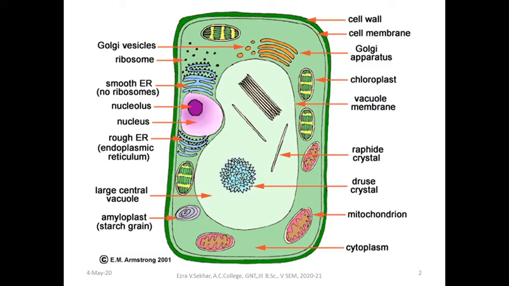A plant cell is made up of two parts. One is called the cell wall, and the remaining part of the plant cell is called the protoplast. The outermost dead protective layer present around the cell is called the cell wall. This cell wall is absent in animals, so animal cells are devoid of a cell wall and are surrounded by the plasma membrane.